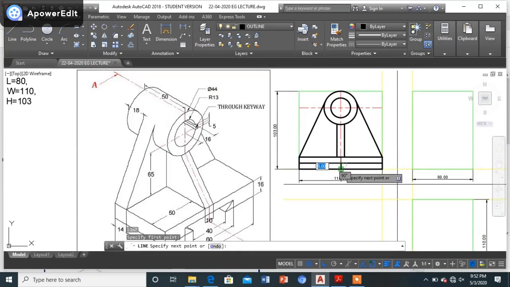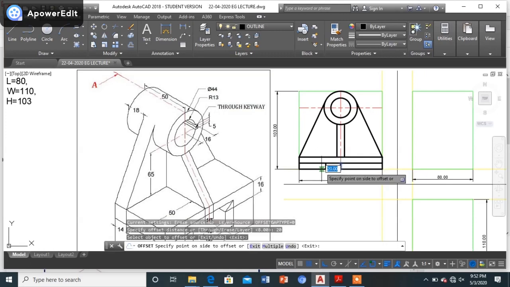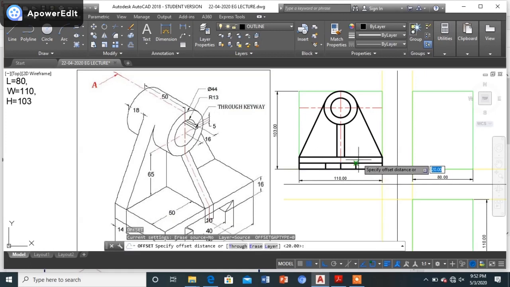Now simply I'll be drawing a dark line over here. The inner one is offset by 40 mm and the upper one is offset by 60 mm. So now I will be drawing parallel lines from here at a distance of 20 each, and the other ones at a distance of 30 each. So from here it's 30, even from here it's 30.